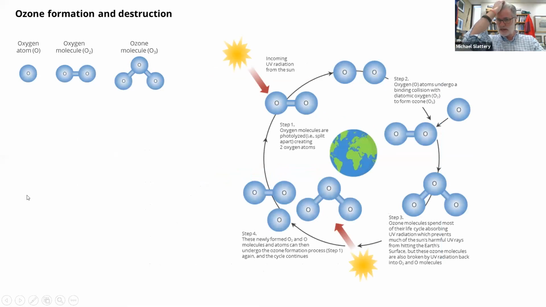The second one was this cycle. This is how ozone is formed and destroyed naturally, right? Sunlight splits diatomic oxygen, O2, in the stratosphere into individual oxygen atoms. One of those oxygen atoms combines with an O2 to form an O3. And as sunlight strikes that O3, it absorbs that UV radiation, so that protects us from UV radiation. But in so doing, it breaks down the ozone into oxygens and O2s. And so there is this continual natural formation and destruction of ozone that goes on. Right? So that's point number 1. I hope everybody's reasonably happy and comfortable with that.